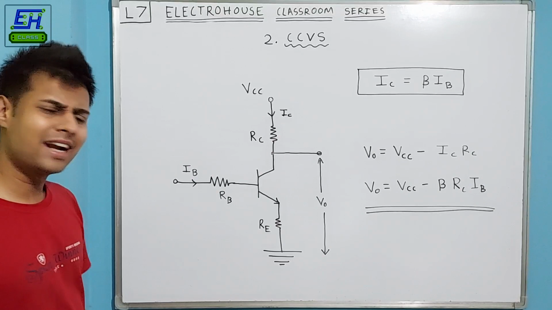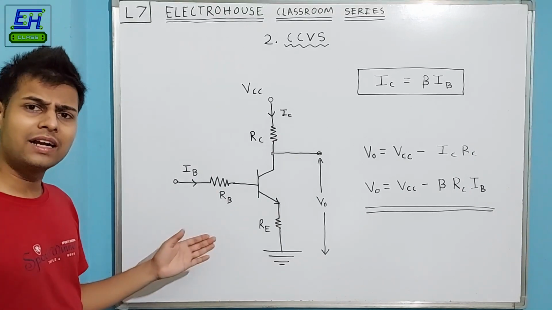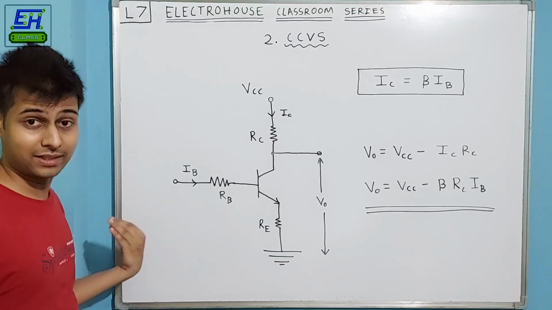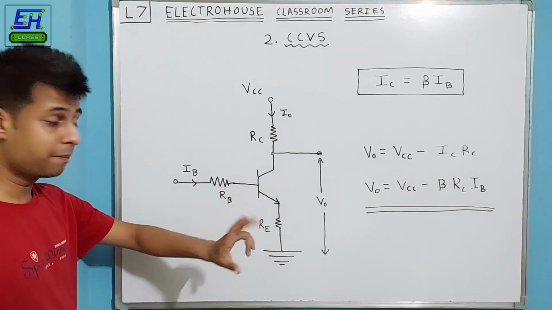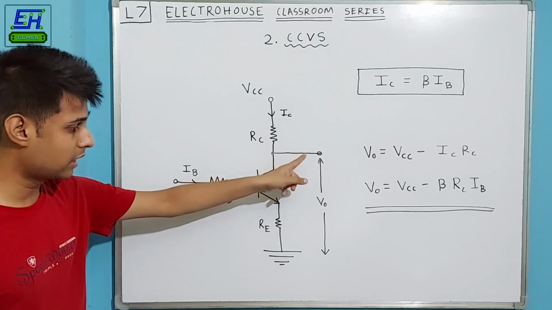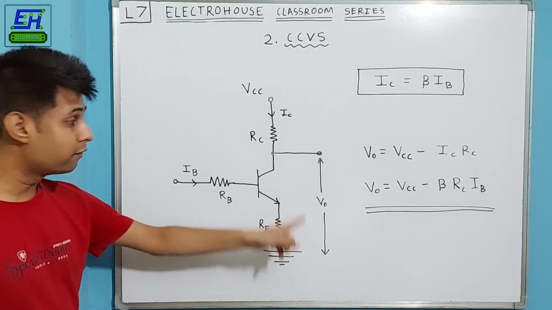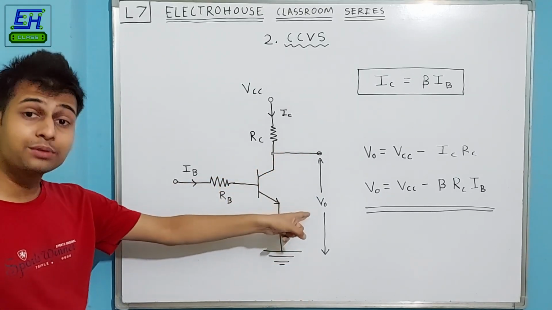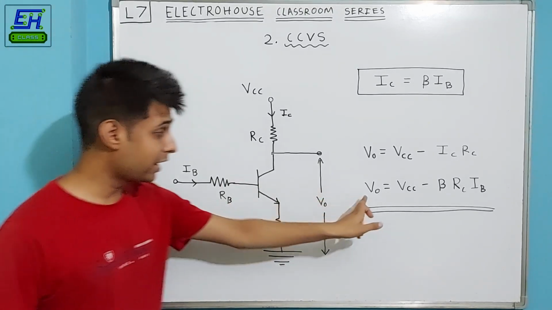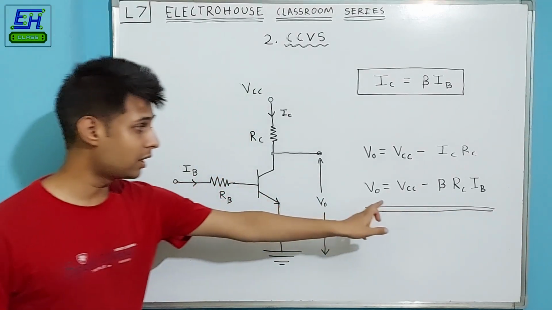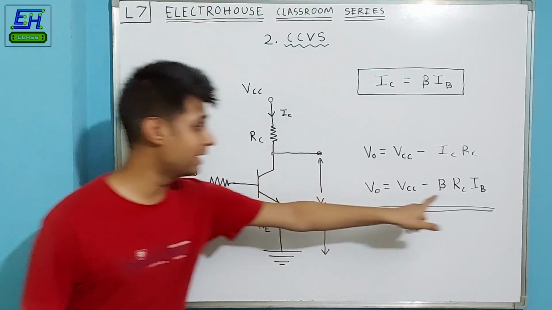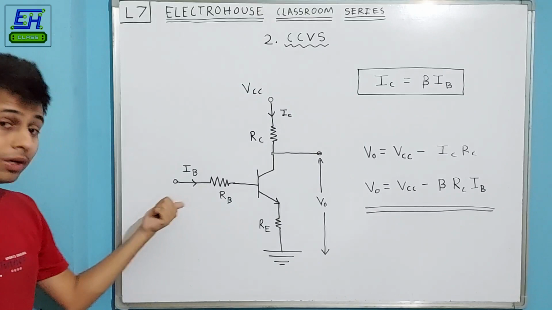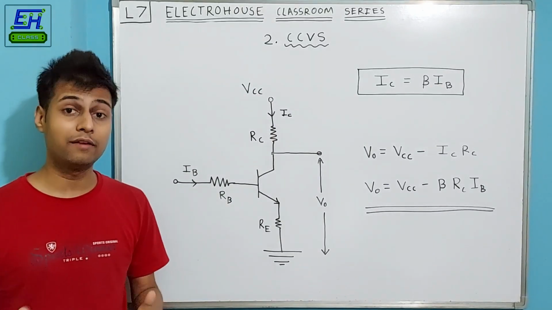And one thing to note is that this circuit is active, which means that it will not load its preceding stages. That is very important. Irrespective of the load which we place, for example, if we place any load resistance across the collector and ground terminal, it will not affect our output voltage V0, because in the equation itself we cannot see the load resistance RL anywhere in the circuit, because it is a voltage. Definitely it is only dependent upon our input current. That's why it is an active circuit.